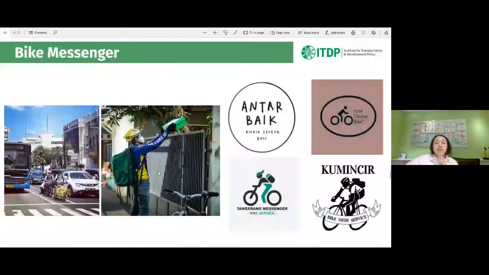And also the bike messengers. The business is actually growing pretty well, because one of the biggest operators, West Bike Messengers, now already has its own app, and the reach of their delivery is getting wider. And then they have this IBMA, the Indonesian Bike Messenger Association.